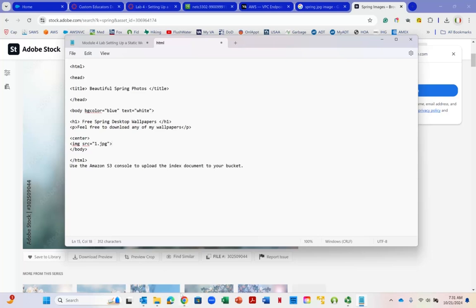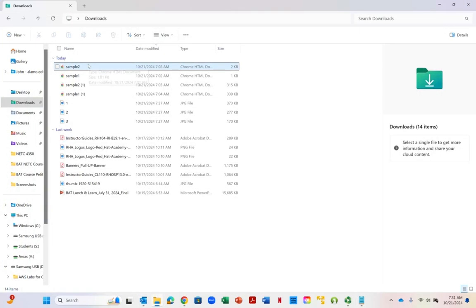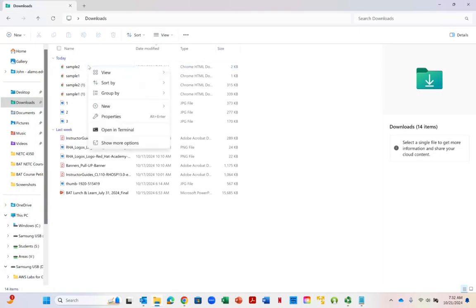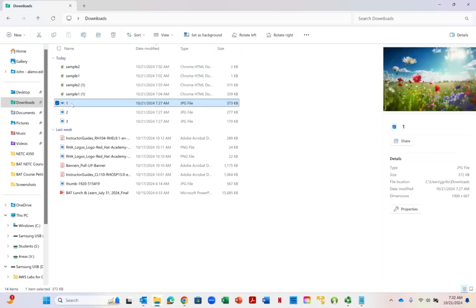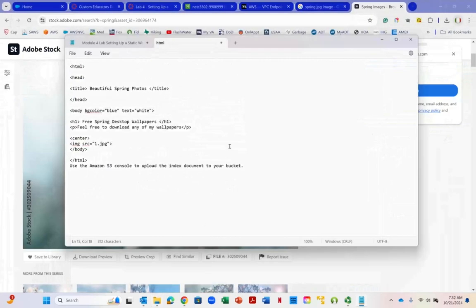Now, is it JPEG or JPG? So I just go back to my download folder, and if I right click, oh, here they are, one. So if I right click on one, they're JPG files. Okay, and so I got JPG, hit enter,